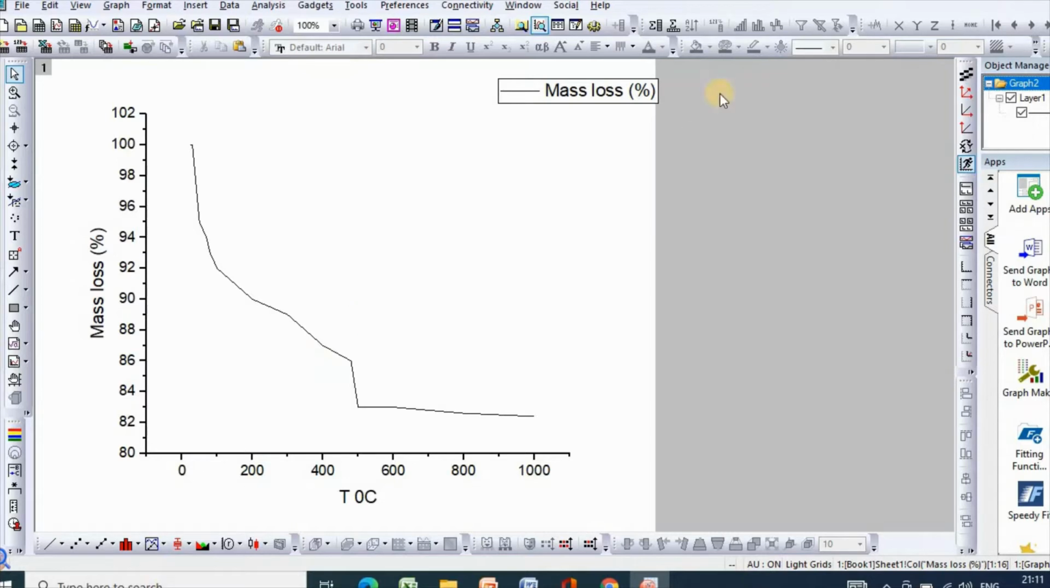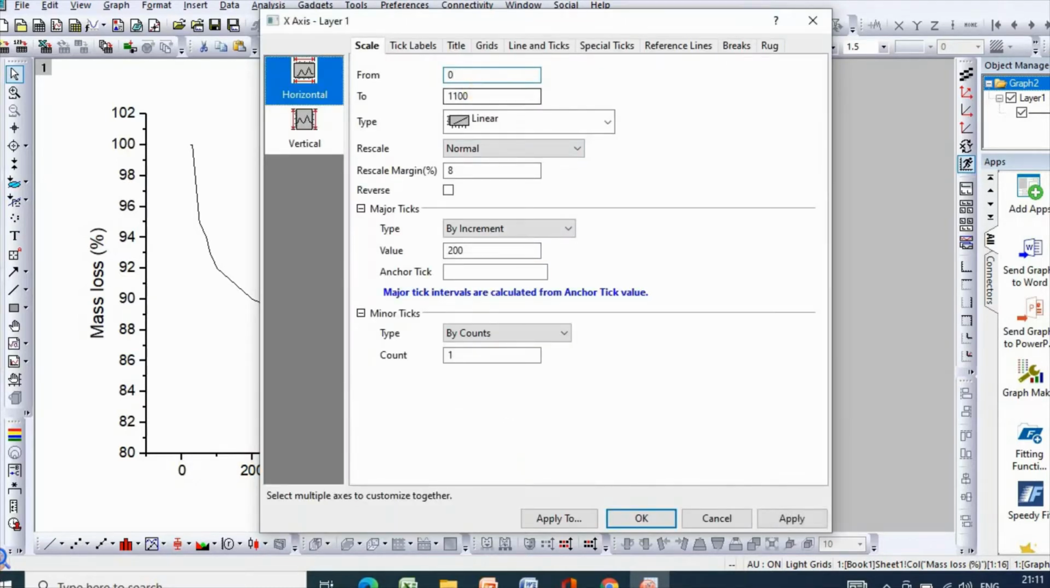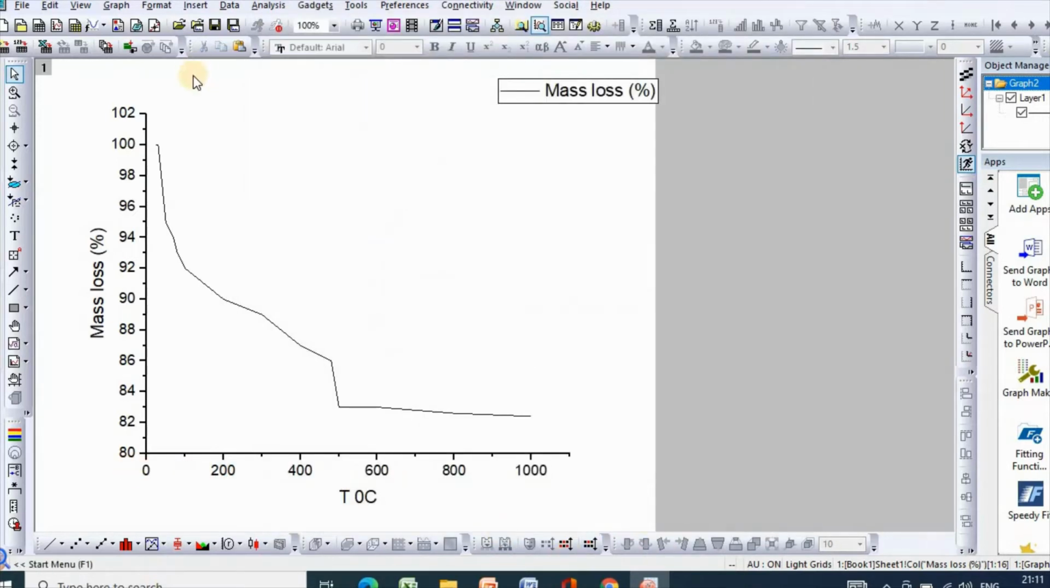So here is your TGA plot. Now make this 0. And okay. Now you need to draw a line. For example, draw a line here,